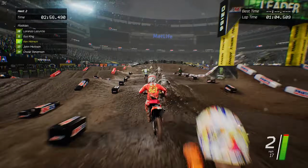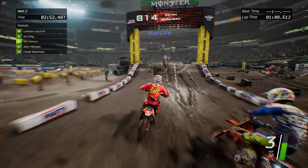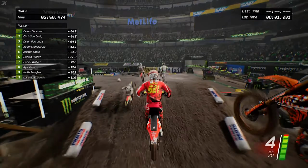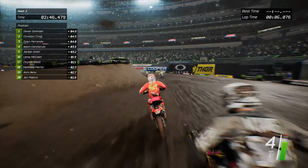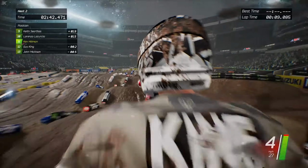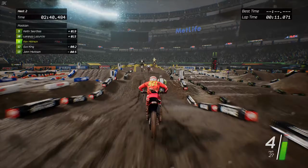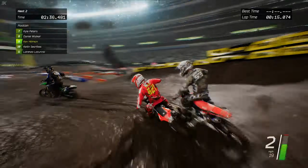Now Hill, high side. Getting pushed into the block on the inside, having to reverse out of there in 12. It's not good at all. Is it Sorensen leading? He gets around Gus King for 11th. Transfer spot right in front. Still got almost half this heat race to go though, so